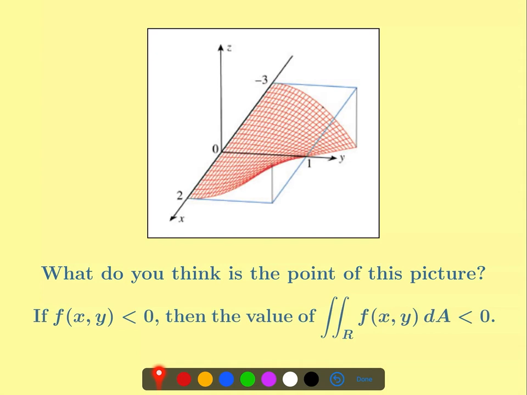If I have a function which is less than 0, so the z value is less than 0 is negative, and so the surface is going to be below the xy plane, then the value of the double integral here will be negative. It'll be minus the volume of the solid between the xy plane and the function z equals f of xy. So you got to keep that in mind as well, just like it was again in a single variable situation, that we don't really just get the volume between the surface and the xy plane unless that function is above the xy plane. Okay, this finishes this